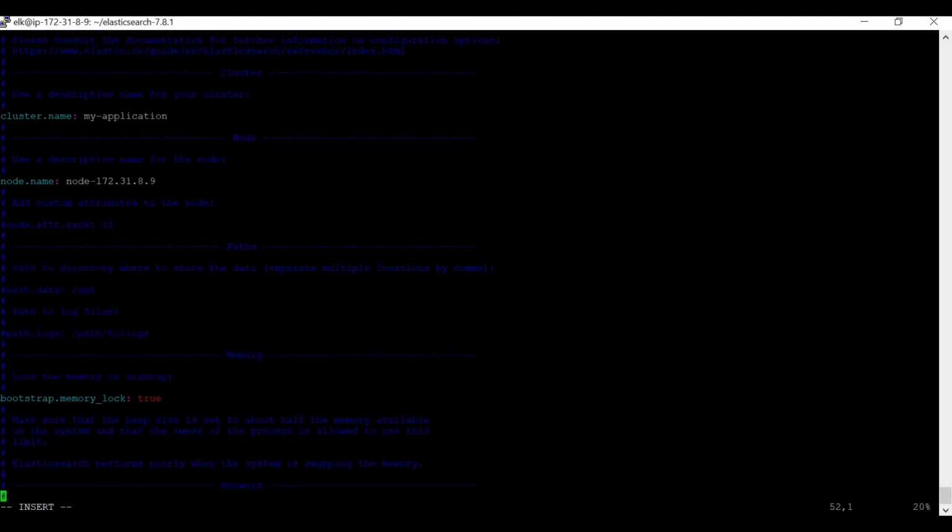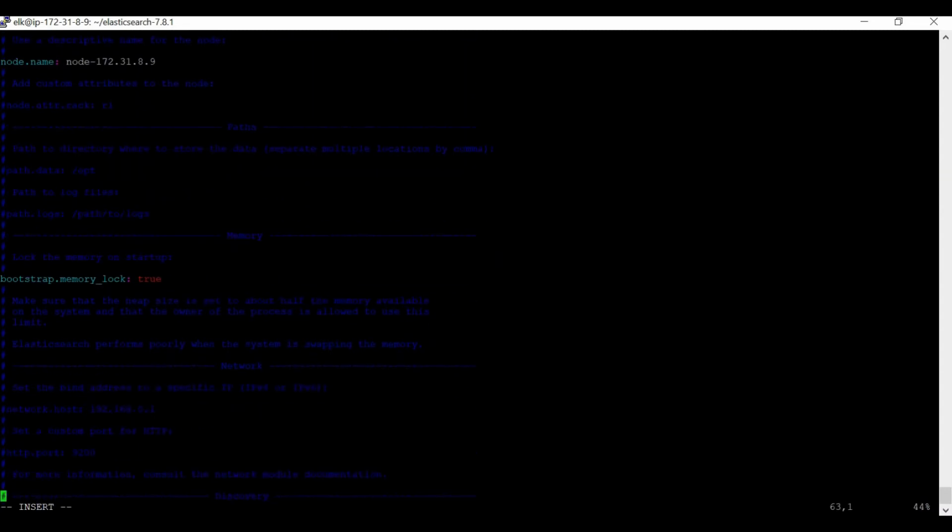One important factor is Elasticsearch always suggests that, suppose your server has 64 GB of RAM, you place at most half of the memory to heap size. If I have 64 GB, I will give heap size up to 32. If I have 32 GB of RAM available, I will give a maximum of 16 GB to heap size. So accordingly, make it half of it.